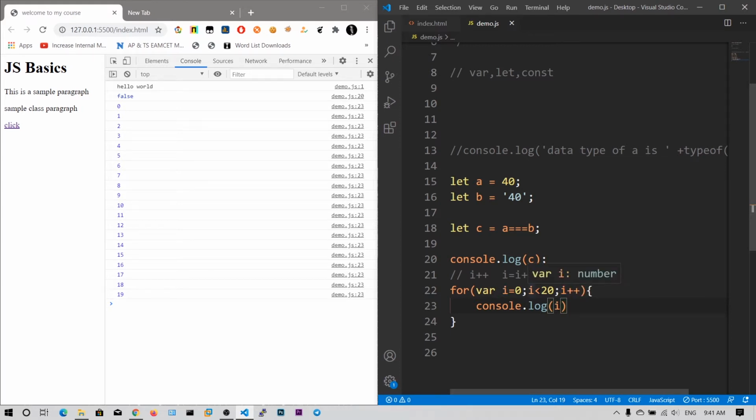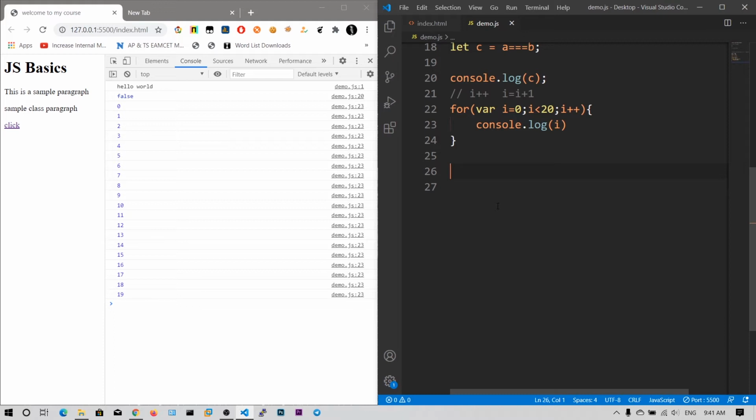Since i is less than 20, it will execute this statement, which prints 0, and then the i value gets incremented to 1, and the loop continues until i < 20 fails. After 19, i becomes 20 at the i++ statement, and then i < 20 is checked. 20 is not less than 20, because 20 is equal to 20. That's why we got false, and that's why the loop exited.